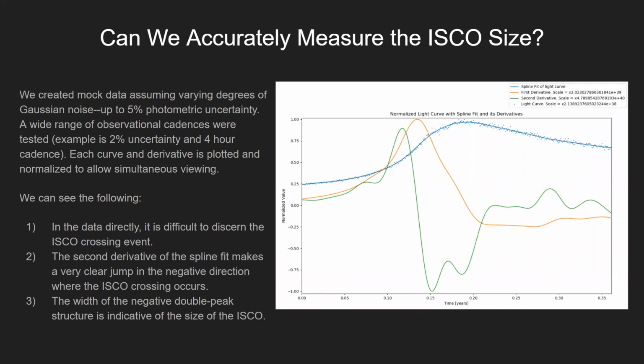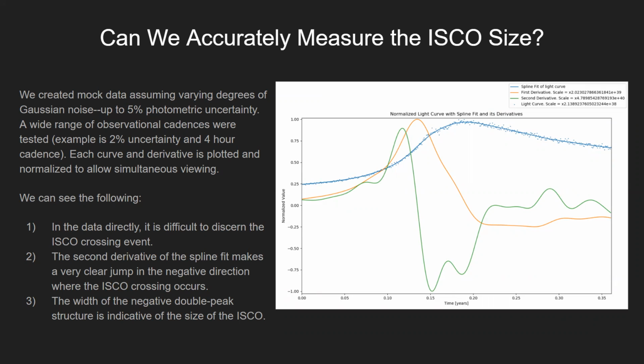Now we ask if we can accurately measure this ISCO size. We create mock data using varying degrees of Gaussian noise up to 5%, as well as a wide range of cadences. Plotted here is a 2% photometric uncertainty,